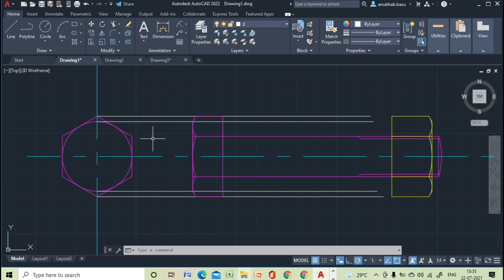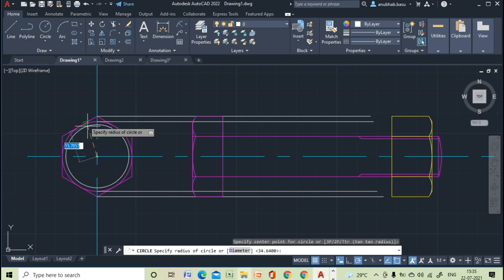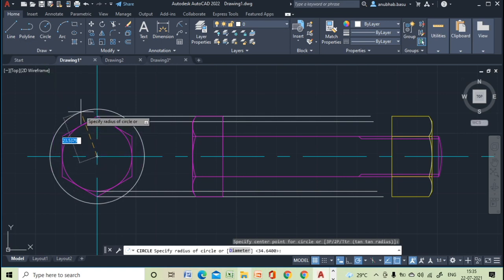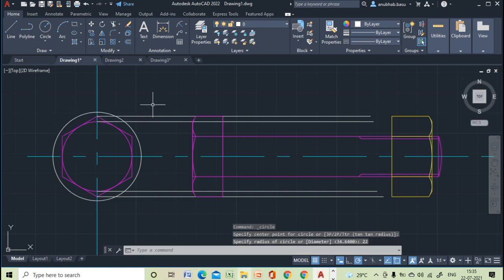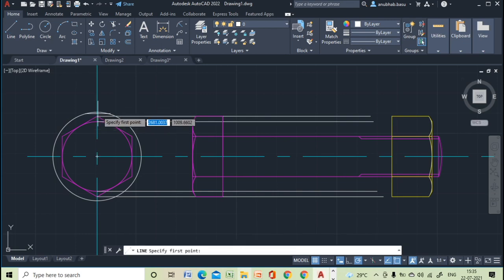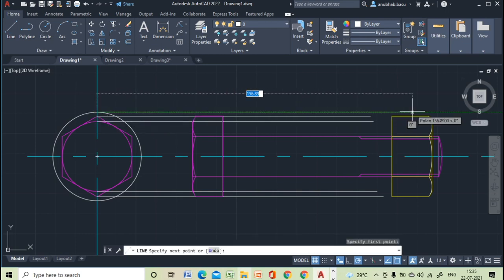Okay. Next, you can draw a washer. So if we have to draw the washer, at first we will draw the side view of the washer, as we can see the true shape of the washer in the side view. So we will draw the washer with the help of a circle. Its diameter is 2d plus 4, so that means its diameter will be 44. So 22 mm is its radius. Okay, now we will project the points.